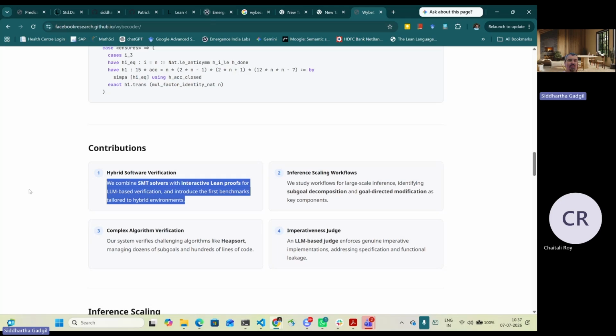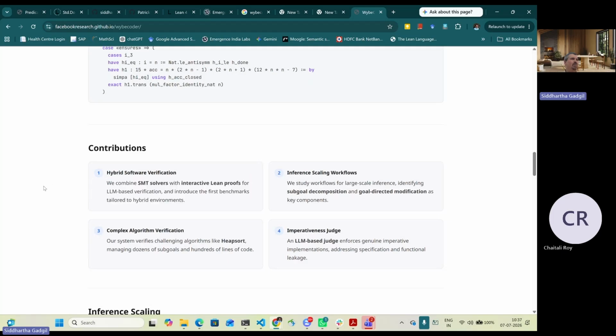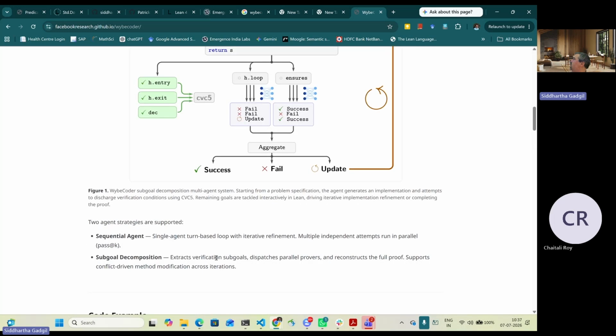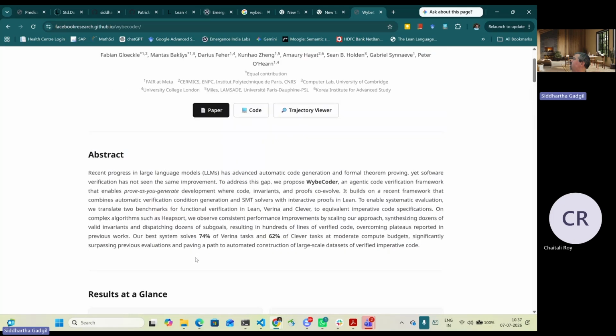So, which combines SMT solvers with interactively improved. But okay, again, I'm not going to be too picky. It's nice that they're using it. So yeah, this is one project that I'm quite happy to see that it